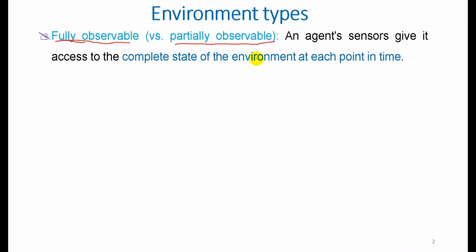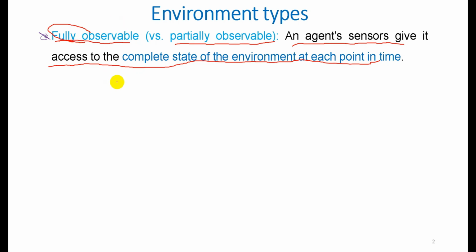How do we say an environment is fully observable or partially observable? If an agent's sensor gives it access to the complete state of the environment at each point in time, the agent sensor gives complete information at each point, we call it fully observable. Else, if we get incomplete information from the sensor, or it does not clearly show us every point, we